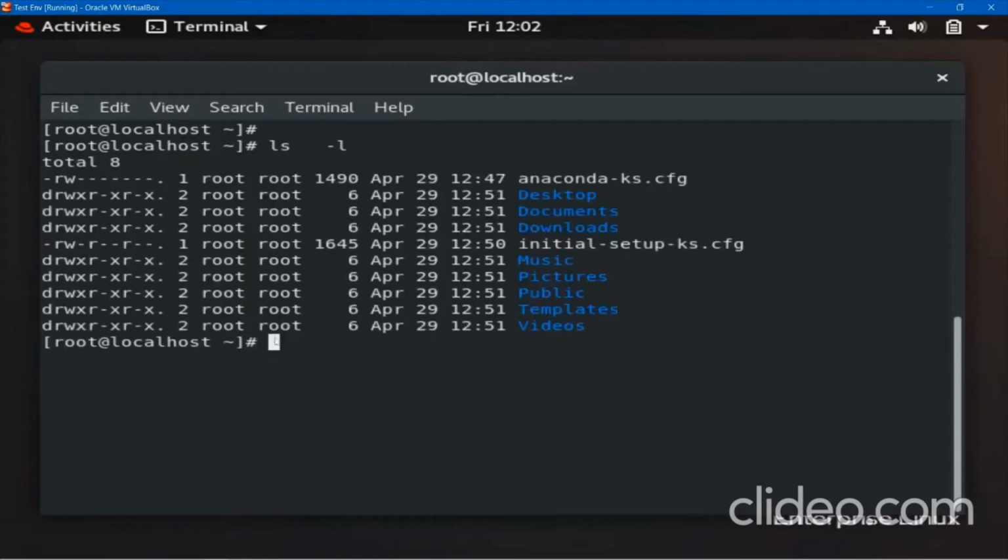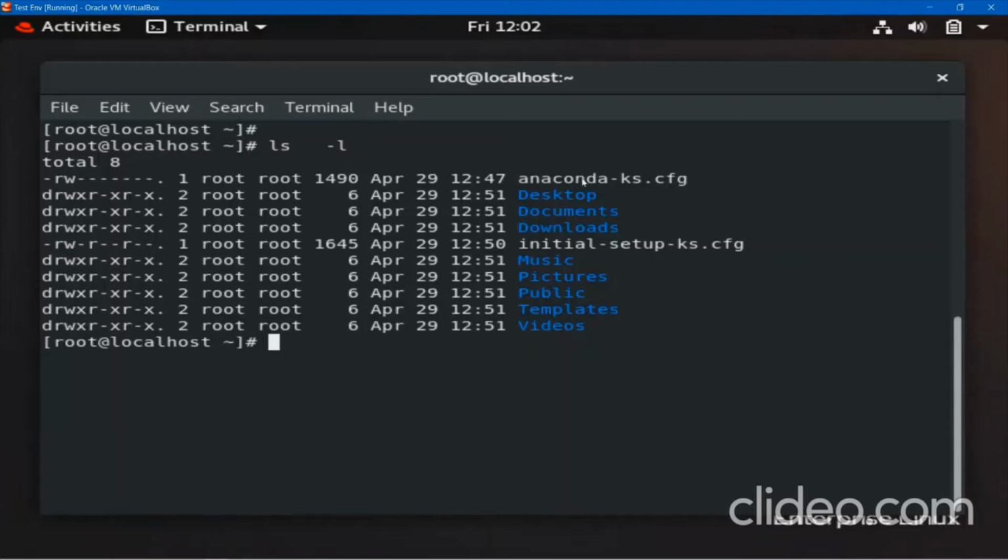So there are a total of 8. This is the file you can see, and these are directories or folders, and initial is again a file, and these are directories. One more thing, how can you know if it is a directory or file? From the name, the color for a folder. One more way to know is to look at the very first column, that is D. Wherever you can see D, it means it's a directory.